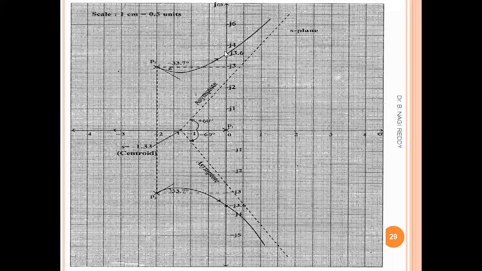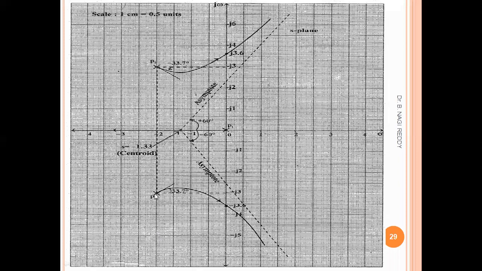The root locus has to cross at this point only, but it has to start at P2 and P3, because P2 and P3 have angles of departure. So take the pencil with this angle and mark a small line, and with a smooth curve,